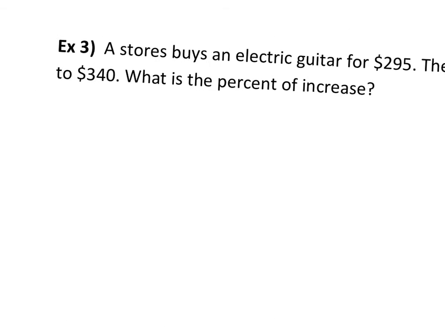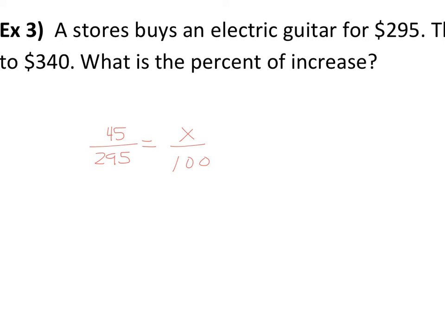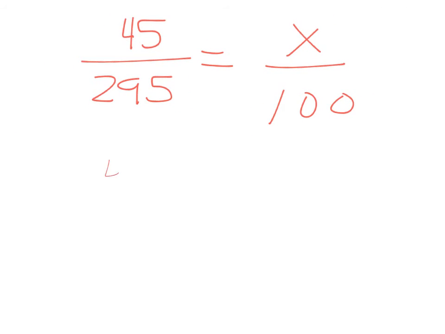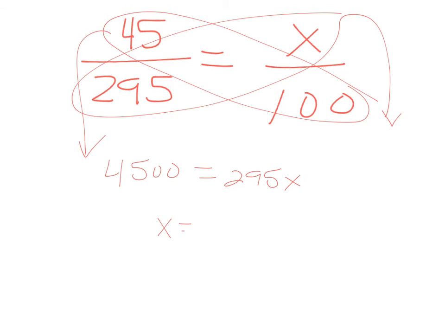Okay, so we started with an electric guitar at $295. So $295 was your original number. When you subtract $340 and $295, you get $45 between them, x out of 100. Okay, so now we're going to go ahead and cross multiply. And we're going to get 4,500 when we multiply that. And then on this side, we're going to get 295x. So now we're going to divide 4,500 divided by 295. And x equals